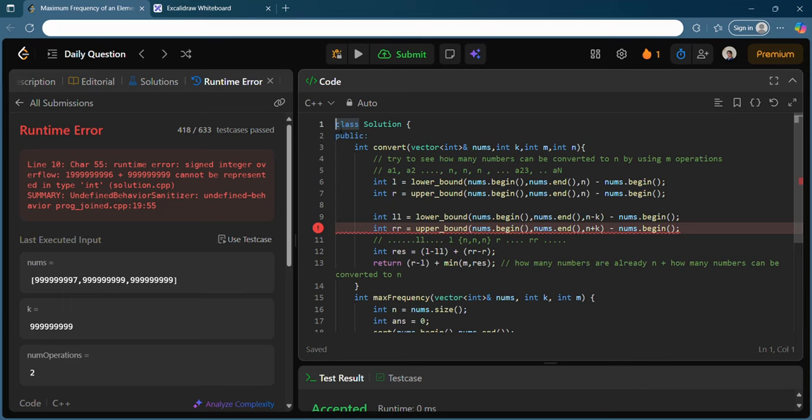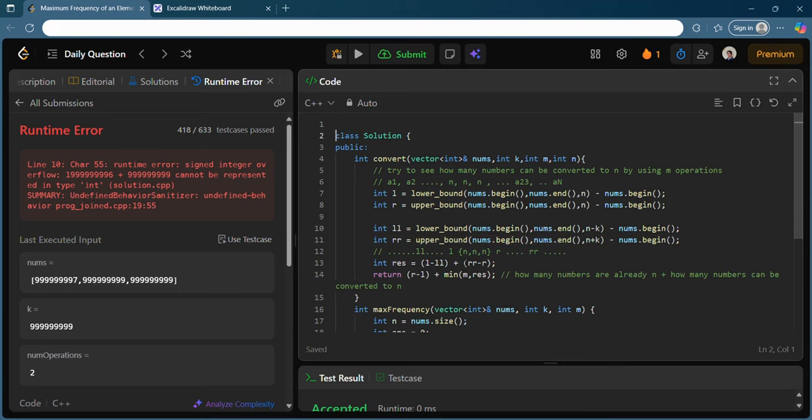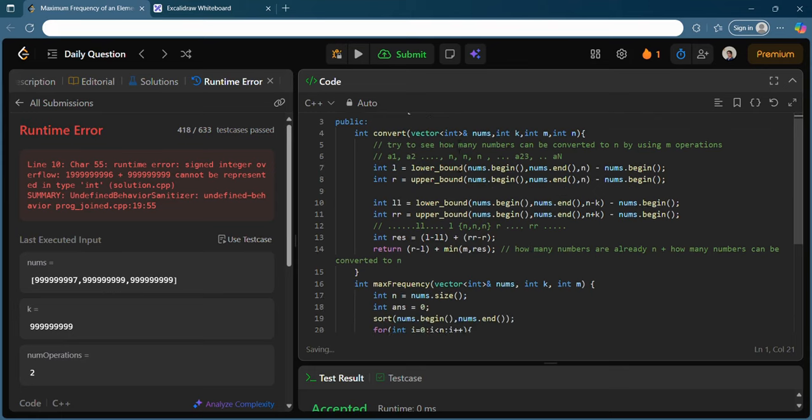So we will try to convert everything I had defined to long.